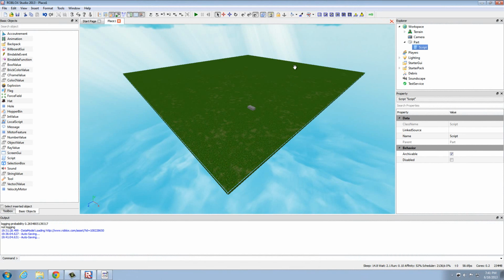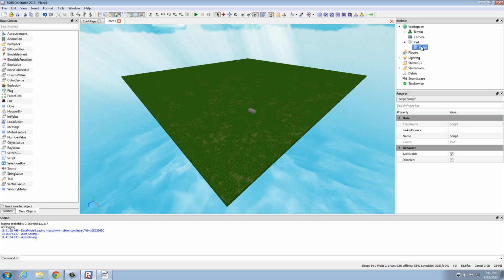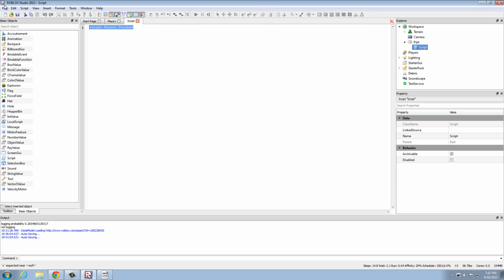In this tutorial I'm going to be going over events, and I also believe I'm going to be going over event arguments. I just want to say that you need to go watch the 9th tutorial to understand any of this tutorial. So let's open up a script, and I'm going to delete that. So insert a part into workspace and put that script into that part. So script.parent is part